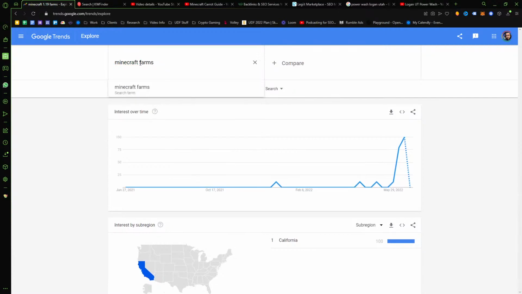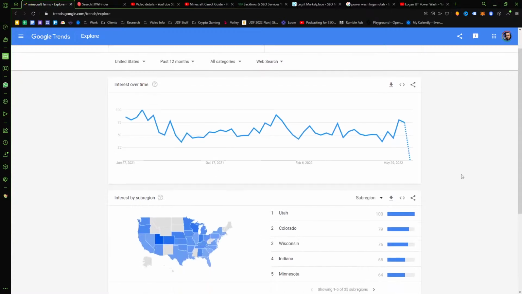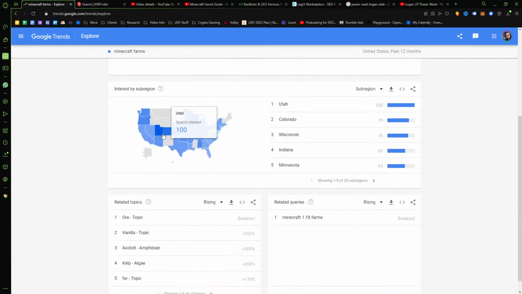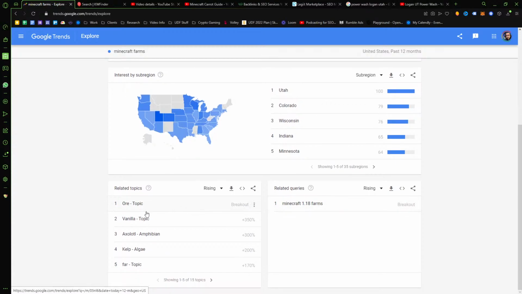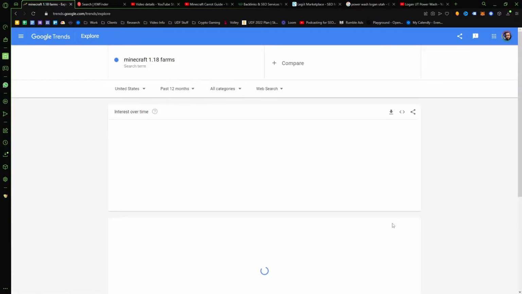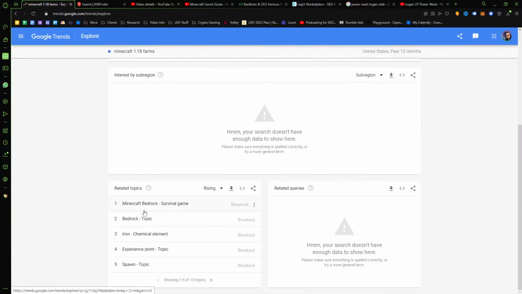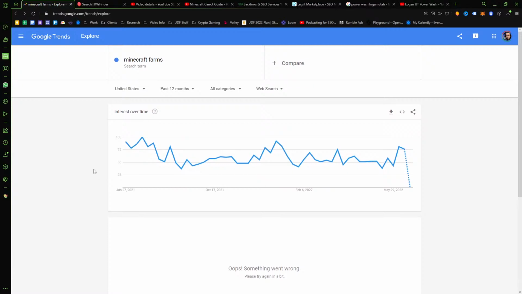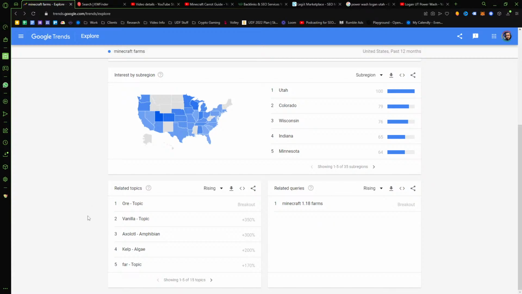So let's go like this: Minecraft farms. So let's see, Utah's number one. Go us. All right, so ores, vanilla, axolotls, kelp, 1.18 farms. It's showing up under 1.18 farms. So not a ton. So it looks like people are looking for like iron farms. They're looking for experience point or experience farms. What else did this other one have? Minecraft farms, reload that. Ore farms, so probably like the ore distribution, they kind of changed some of that stuff around. Vanilla stuff, kelp,